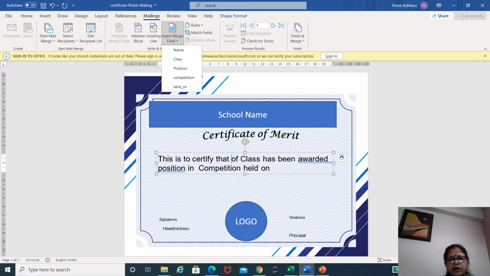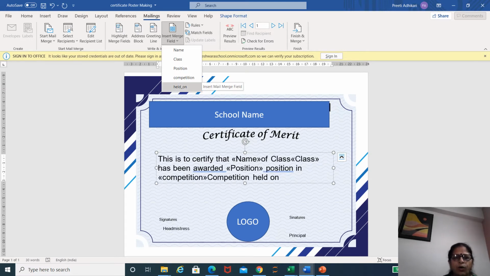Then I'll be clicking on the class as a merge field, and has been awarded. Again, I need to click on the position, and then in competition, the name of the competition should come there. So I just need to put my cursor there and select those fields, and then last, held on.